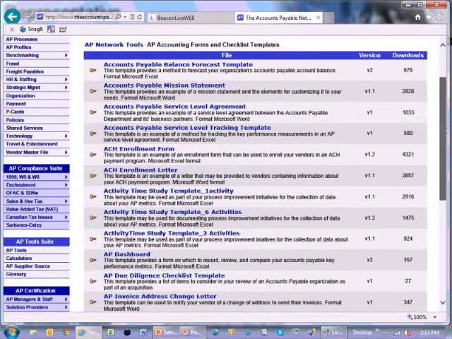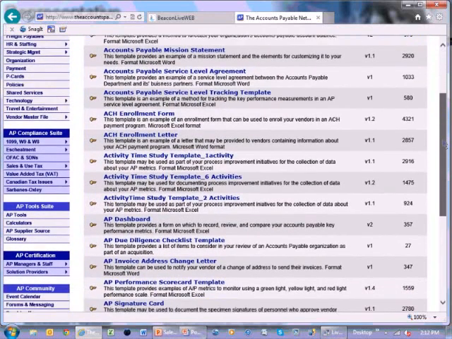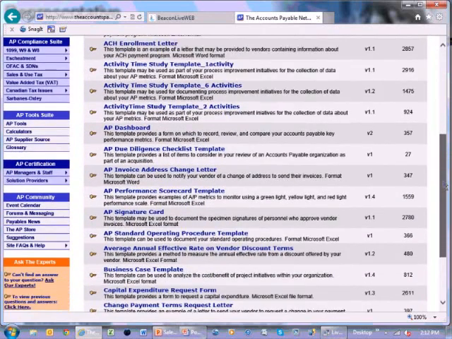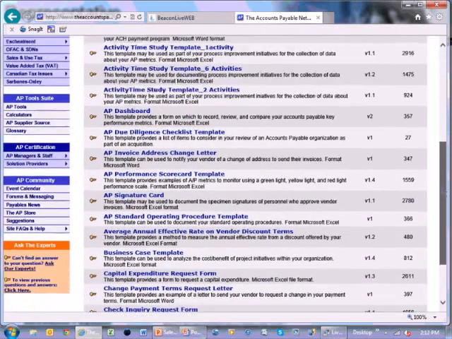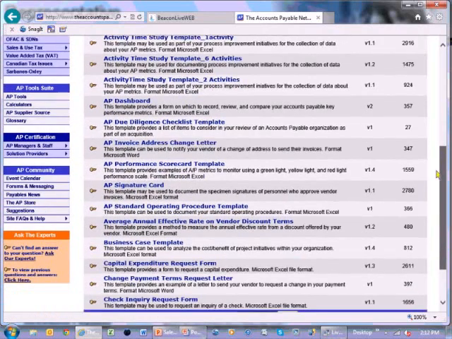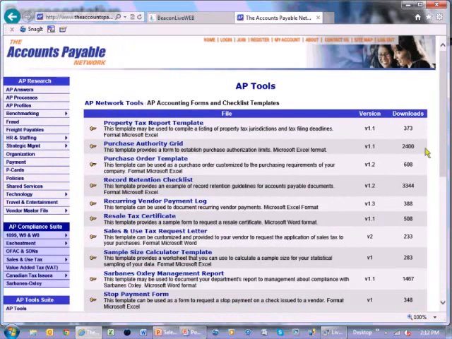In this area alone, we have 5 pages in alphabetical order of statements, agreements, forms, letters, month and year-end checklists, vendor letters, request forms of all types. On this page, you can see there's an AP dashboard to help you measure KPIs. I'm going to go to the bottom here, and I'm going to click on page 4 just to show you